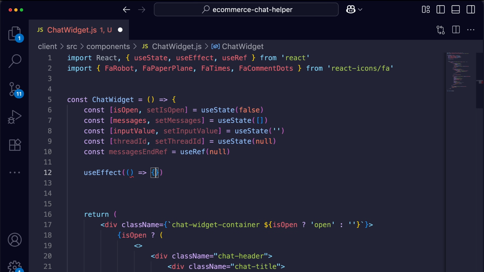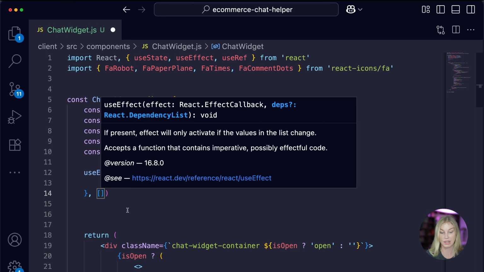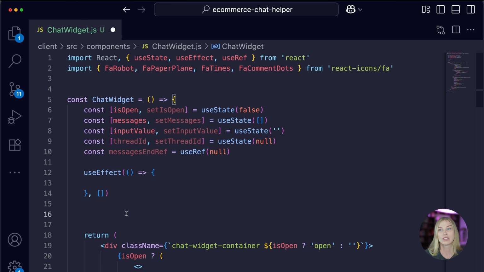Now we're going to use the use effect hook and just pass through an empty array for now. This effect hook is going to show the initial greeting when chat is first opened. So if is open is true and messages length equals 0,